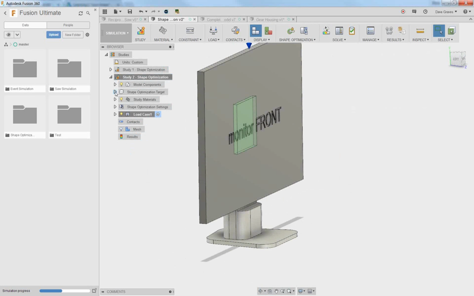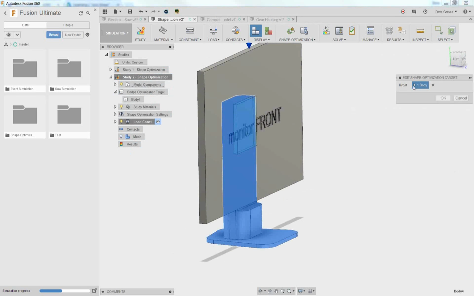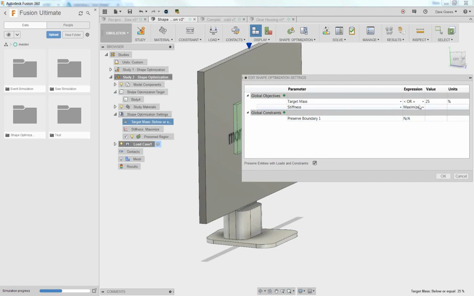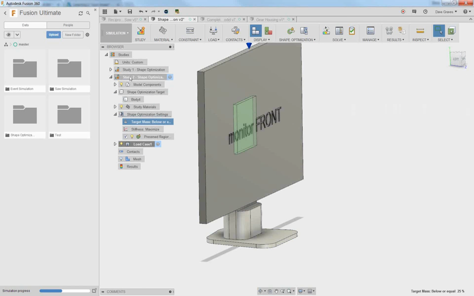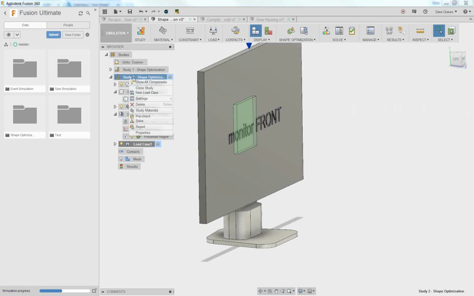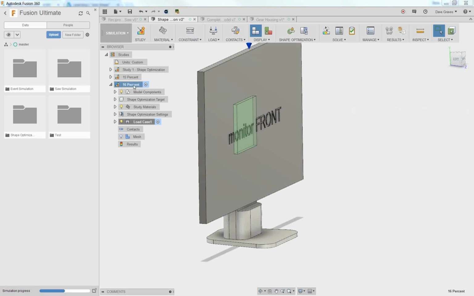What happens if I want to shoot for something more, right? So let me say I want to do 15%. Okay, make a copy there. I can rename this. Let me make sure I don't click it too much. 15%. All right, let's make another one. Let's do 50%, right? So that's the idea, is I can maybe set up a lot of different things,